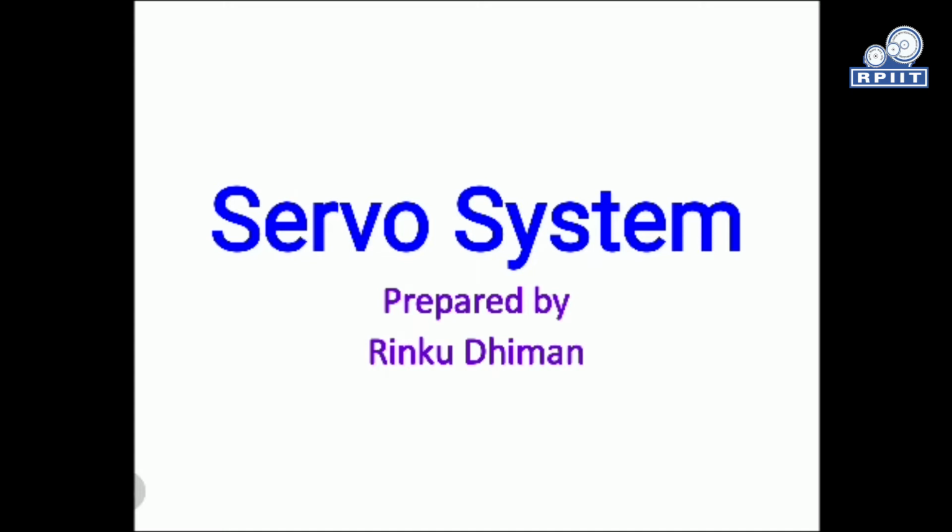So today we'll discuss the servo system. The servo system is related to some kind of moving load, and the moving load can be an electrical motor. So here we will utilize the servo motor. Basically, the servo motor is nothing but a universal motor which can work on both AC and DC. So we can classify the system as an AC servo system as well as a DC servo system.